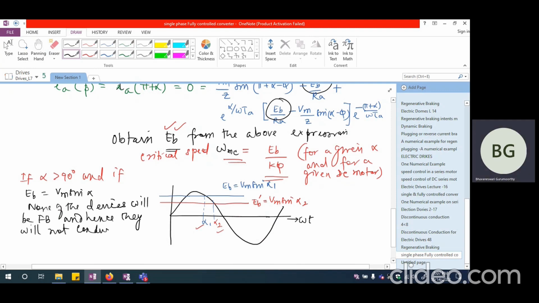So under such a situation, we are going to have literally IA equal to 0. So I should say ideal no load speed,